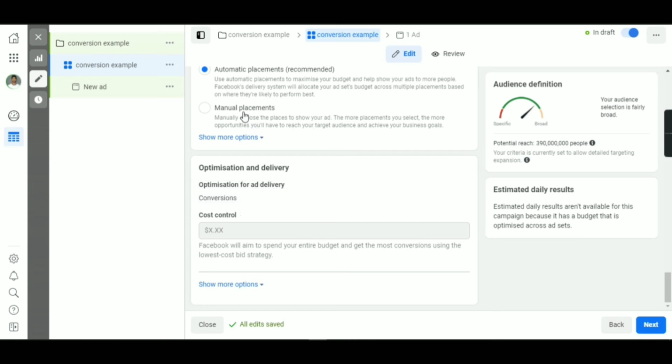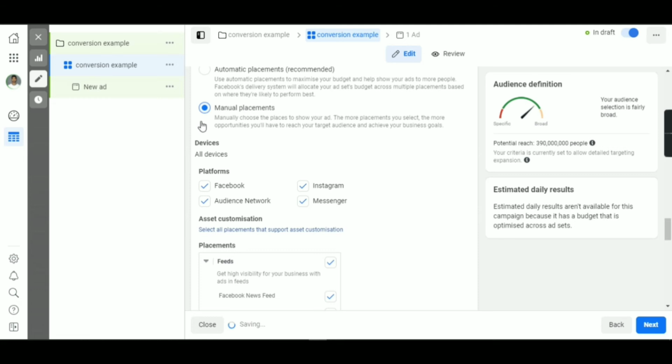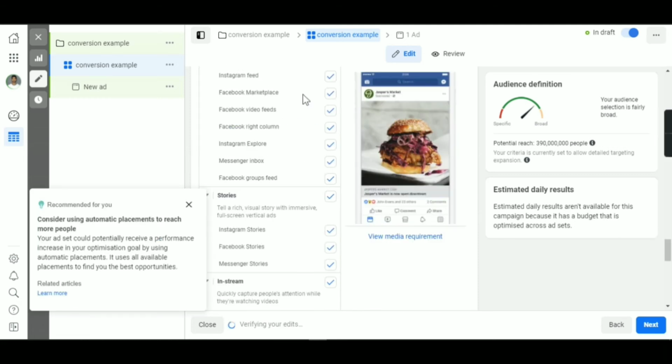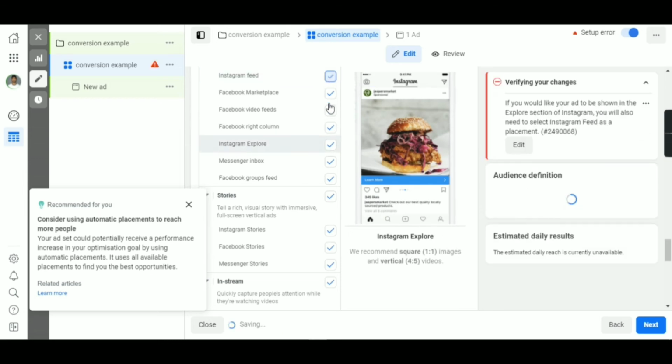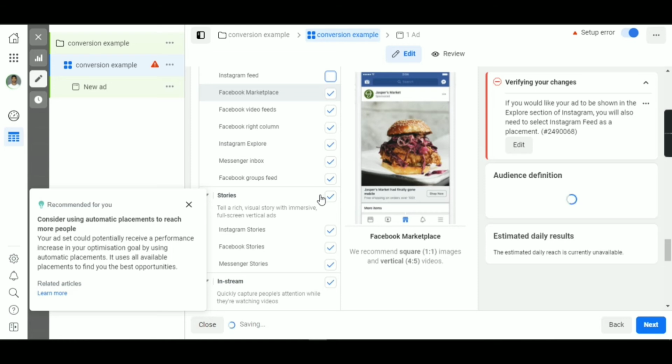If you know that your ad will work better in stories and you have optimized the ad for stories, then go into manual placements, uncheck all these things and keep stories checked if your ad is optimized only for stories.